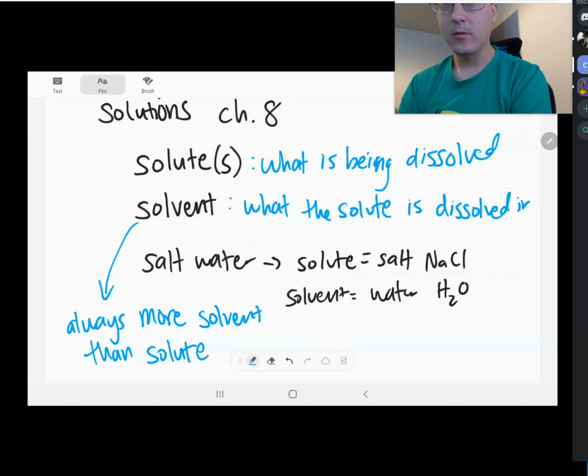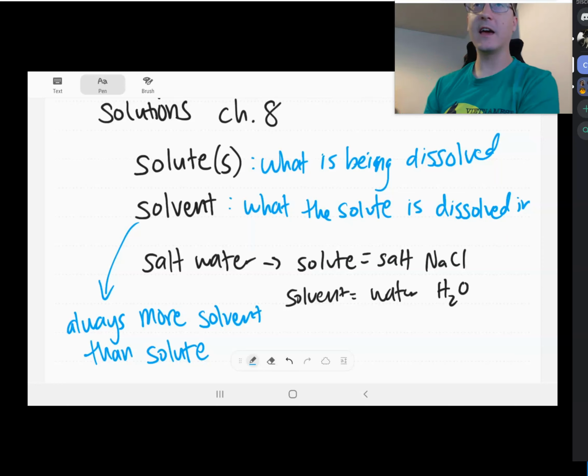So again, as always, we're going to start with vocabulary. The solvent is going to be the component of your solution that's the most. Very often in chemistry, that's going to be water. Water is what we're dissolving all our stuff in for whatever reaction we want to happen. And the solutes are the bits that are dissolved in it. For example, if you're taking sugar and dissolving that in water because you're going to make tea with it or whatever,